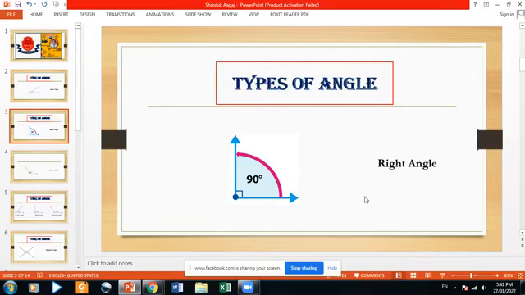When we have to make a table, the legs of the table and the platform of the table are at 90 degrees. In our surroundings, we can search where such types of angles are there. Okay. Now, next, when